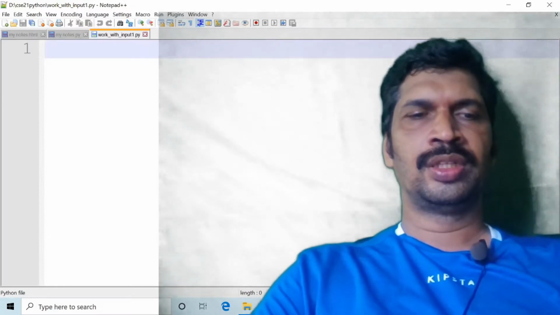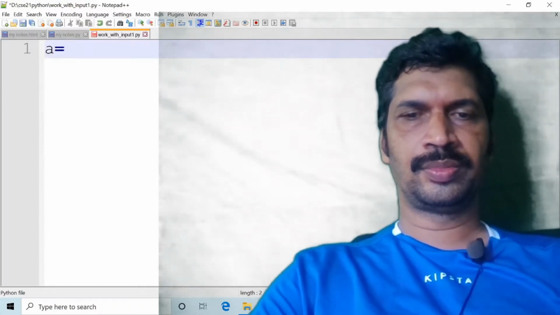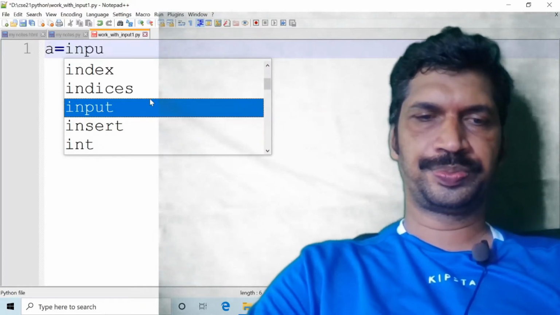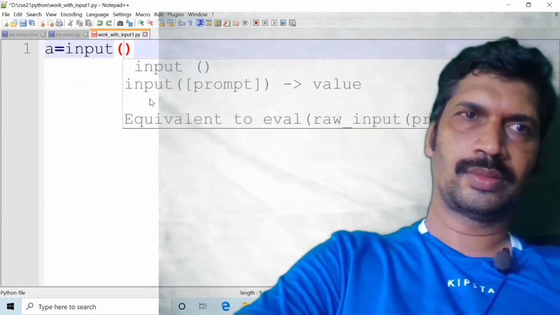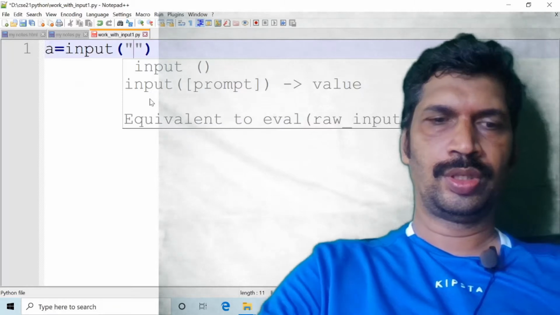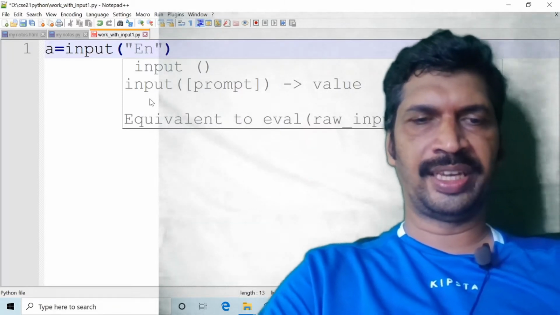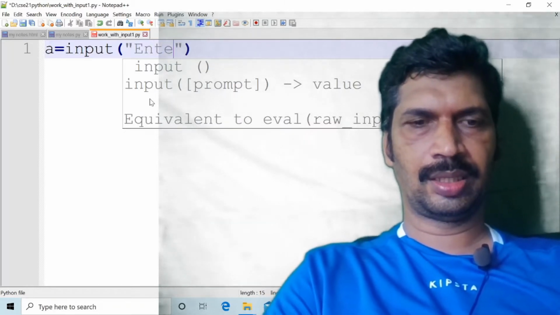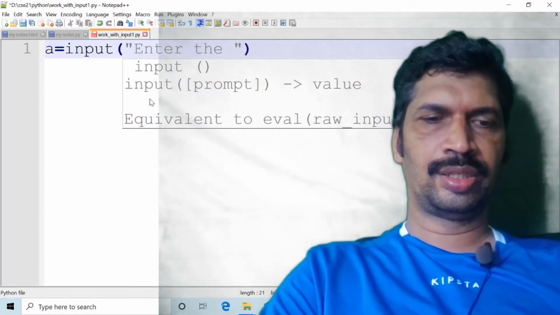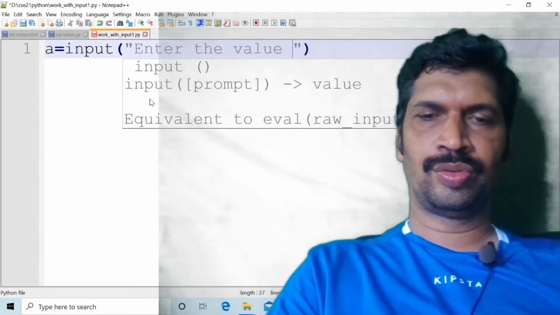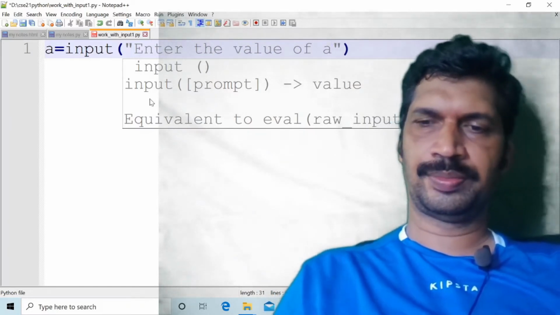a = input, with the prompt "Enter the value of a".